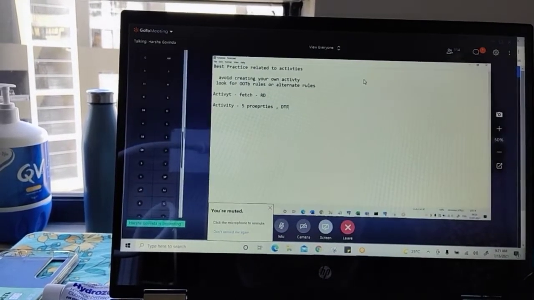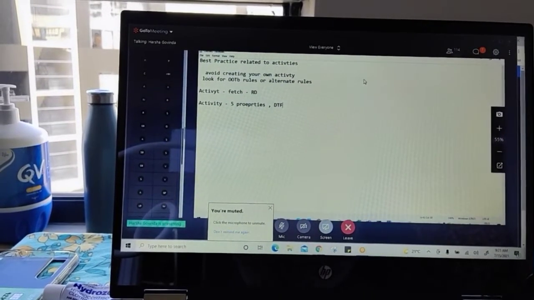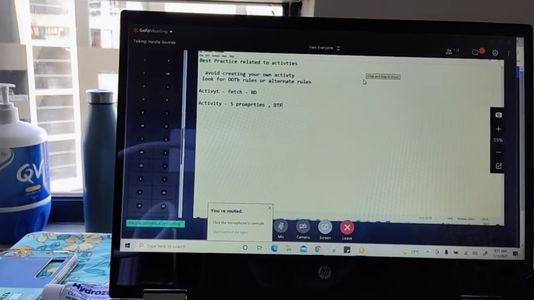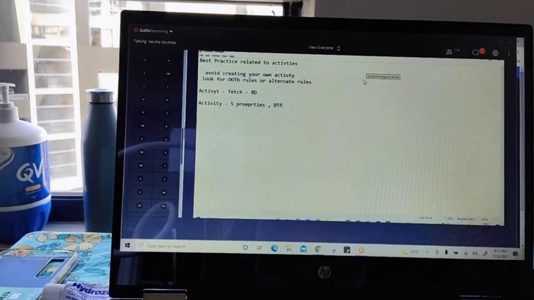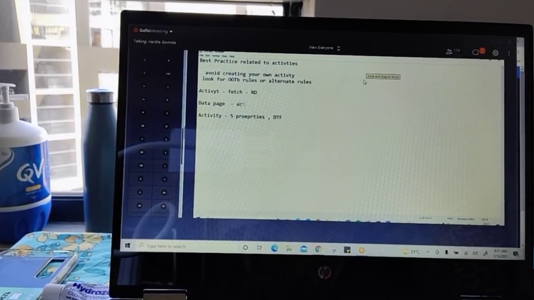So now we come across the second alternate rule to activity. The first alternate rule for activity in case of Obj-Browse is report definition. Second, data page is also an alternate to activity. When you want to fetch one single record, there is an option lookup. We did not work on it.